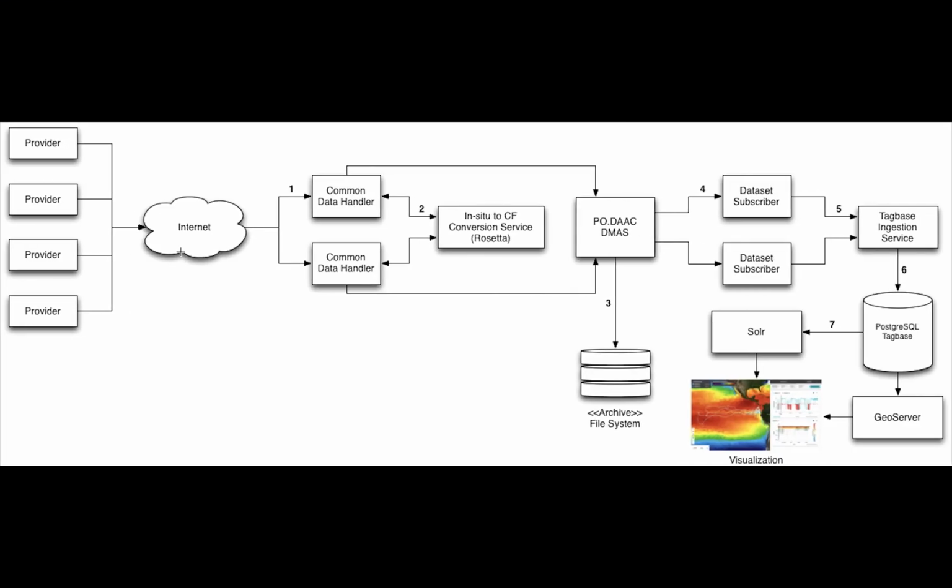Here's a diagram showing the workflow. In step 1, the common data handler crawls for data file either locally or on the internet. When it finds a data file, it sends the file to ROSETTA to convert from text to netCDF. It then sends both the original text data file and the netCDF file to DMAS for archival. Once the file has been archived, an event will be fired off to notify the dataset subscriber, which then invokes